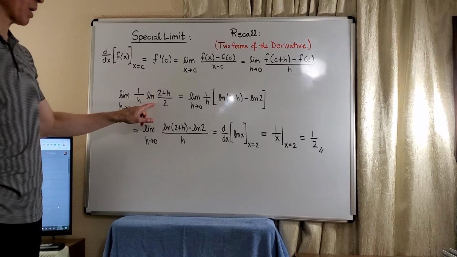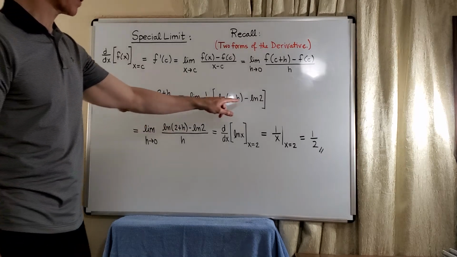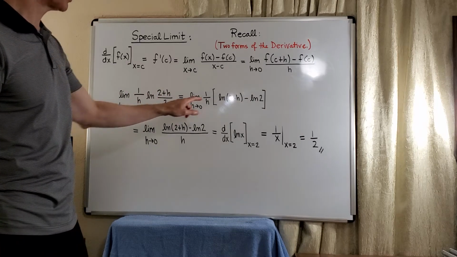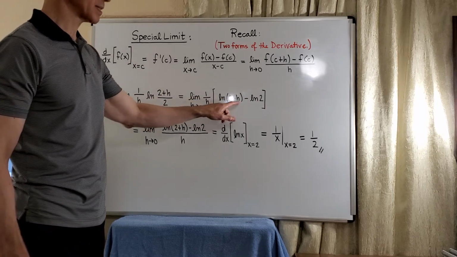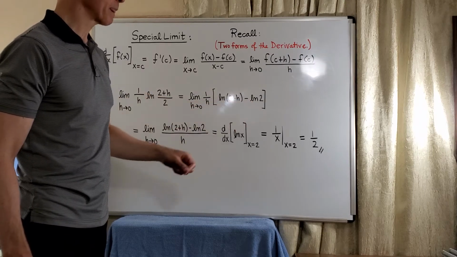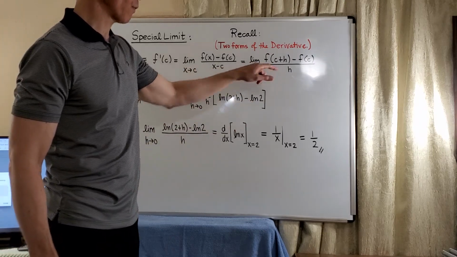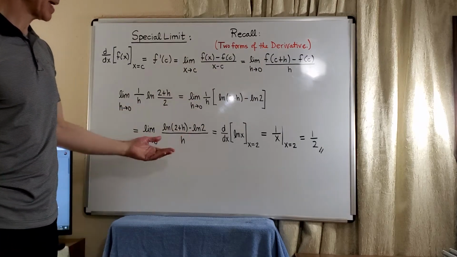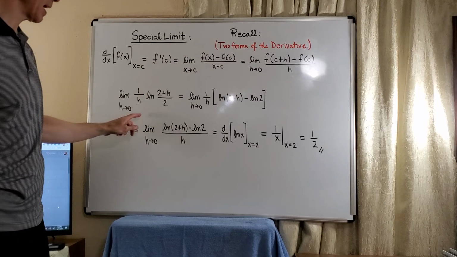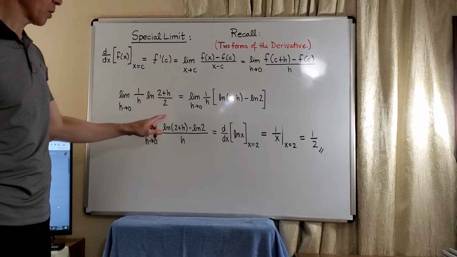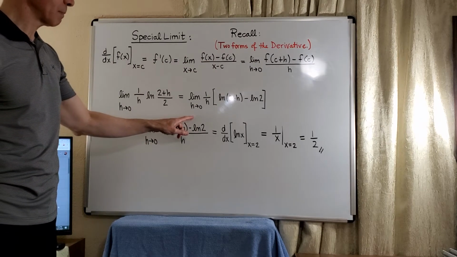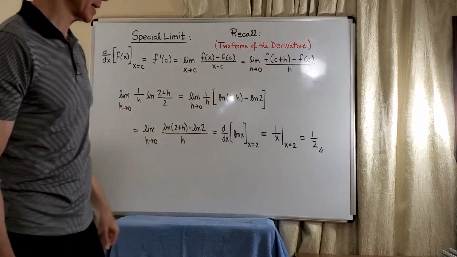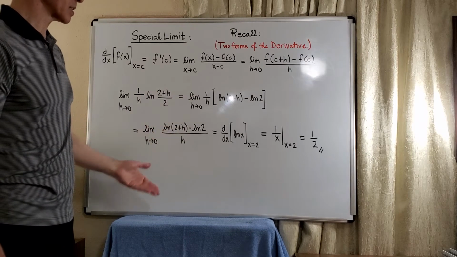So we can actually write the log of a quotient as the difference of logs. So ln of 2 plus h divided by 2, we will write as ln of 2 plus h minus ln of 2. And now it looks like we're getting to this form. So we'll just move the 1 over h downstairs and make it look like this. So now we have the limit as h approaches 0 of ln of 2 plus h minus ln of 2 divided by h. And so we have this form exactly, where we see that the function is the logarithm of